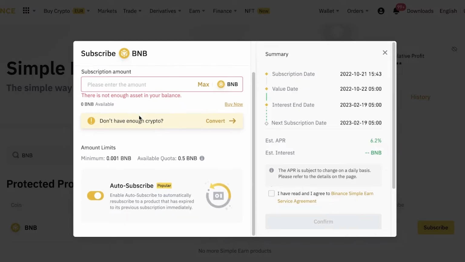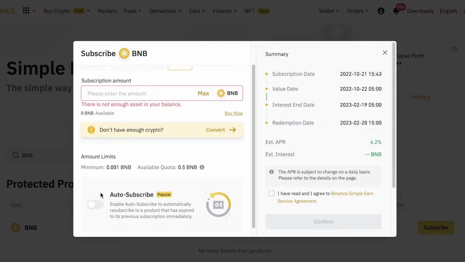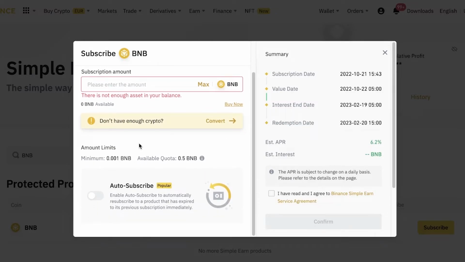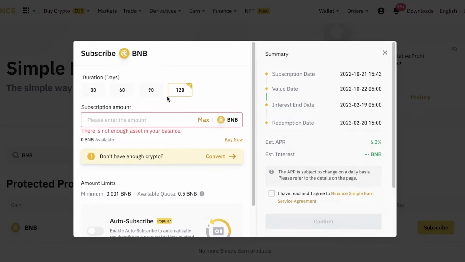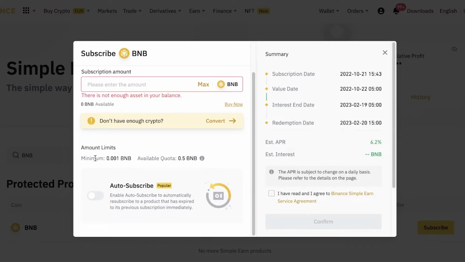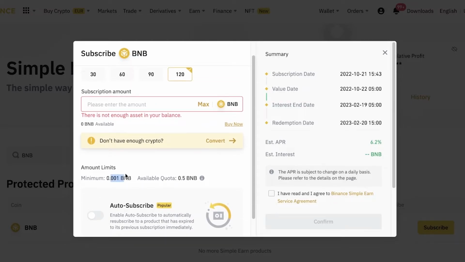So you're just going to enter your cryptocurrency, and then you can choose to auto subscribe or turn off auto subscribe if you want to automatically resubscribe to this specific kind of BNB staking after the duration has ended. So after the 120 days, if you want to subscribe again. Now the minimum amount is 0.001 BNB, and the available quota, so the total amount that you can actually stake